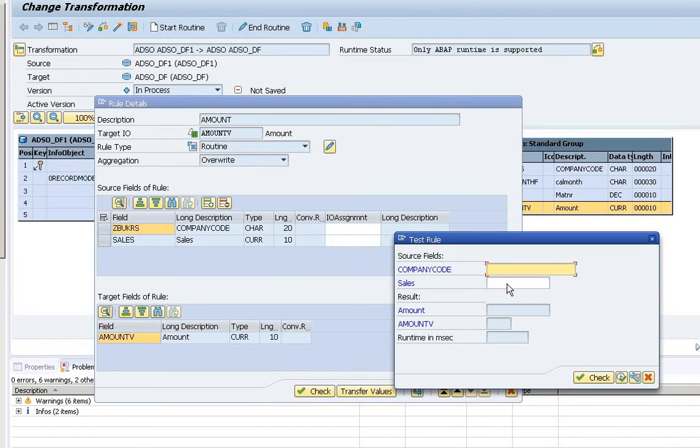Suppose, as I said, there's a condition company code. Suppose my company code is something, and then you are giving sales as 30. So now you have to execute here, and it is getting executed.